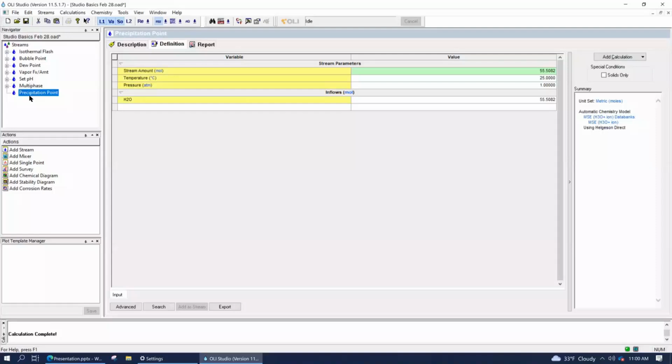All right, now for the first time, we're actually going to change our units. We're going to leave the mole units, and we're going to go to concentration, or really, excuse me, ppm units. So the way we're going to do that is we're going to click on the units manager.